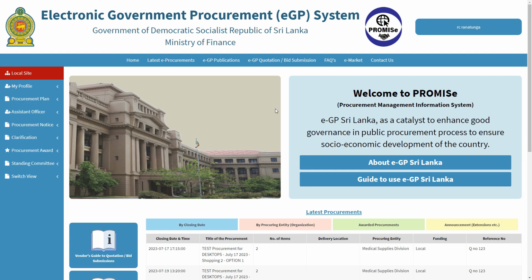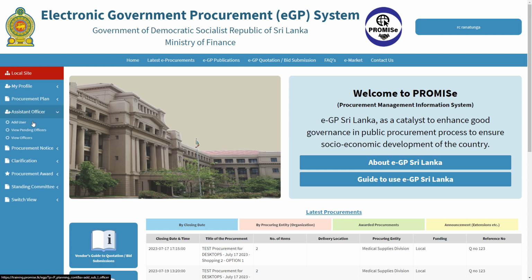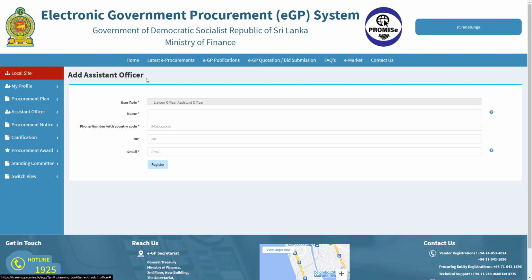Now let's see how the liaison officer adds an assistant liaison officer. Go to Assistant Officer, click on Add User. So you get this form to complete the details of the assistant officer. User role is automatically selected as liaison officer assistant. You have to mention the name in here, the phone number of the assistant liaison officer, and please make sure you enter the phone number in this particular format,